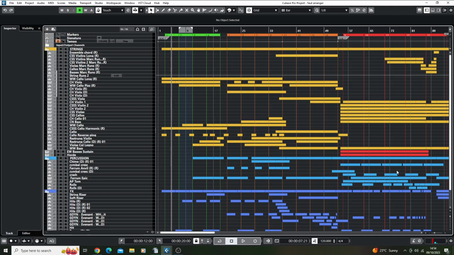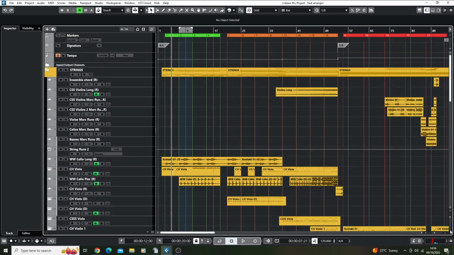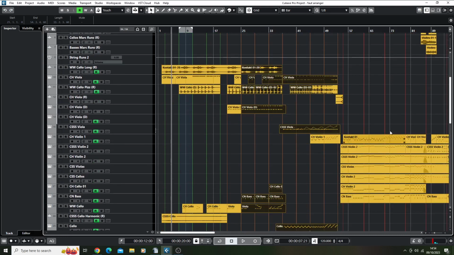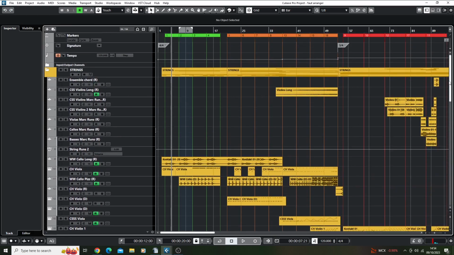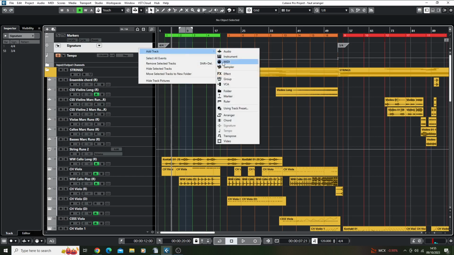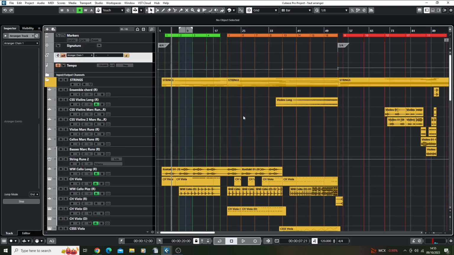Now there's two ways of doing this. The slow way is that I delete all of these bits in the middle and then join the two bits together, which is a pain in the butt because it never lines up properly. The other way, which I always forget you can use in Cubase, is to use a thing called an arranger track. So I'm going to add a track and arranger here,